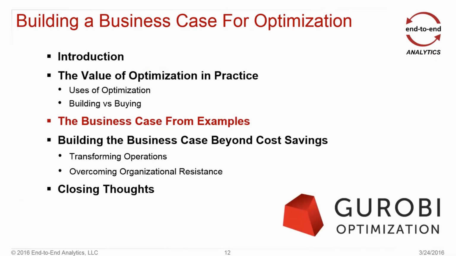So we've taken some time now to talk about a number of different issues. We've talked some about what the structure of a model is. We've talked about the uses of optimization. We've talked about the value of optimization versus heuristics. We've talked about the value of being able to develop your own system and how that compares to many off-the-shelf solutions. However, one of the things we haven't gotten into much is if we're looking at specific business problems, what are the values that optimization brings?